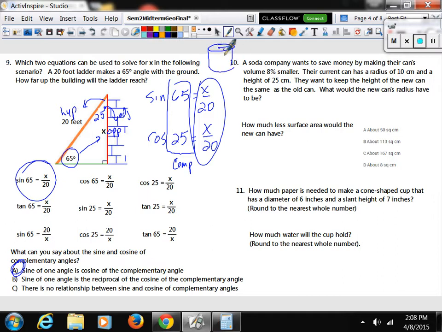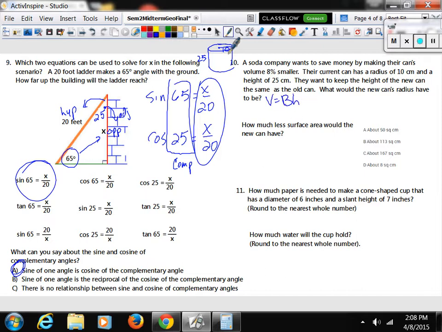So the radius is 10, and it has a height of 25. They want to keep the height of the new can the same. What would the new radius have to be? Right now the radius is 10. We want it to get smaller. We want it to be 8% smaller. So first we've got to find the